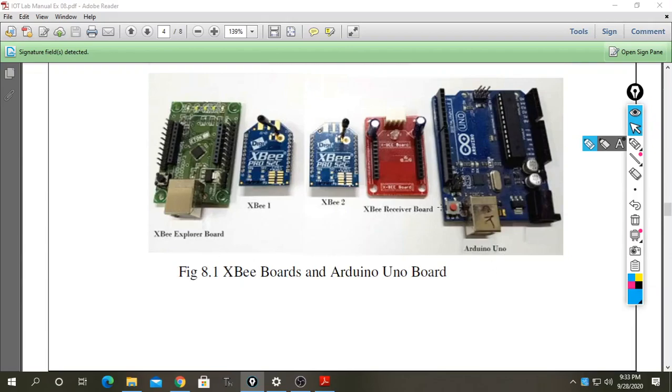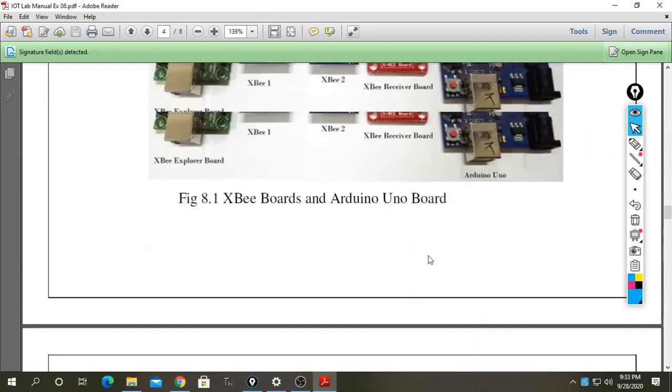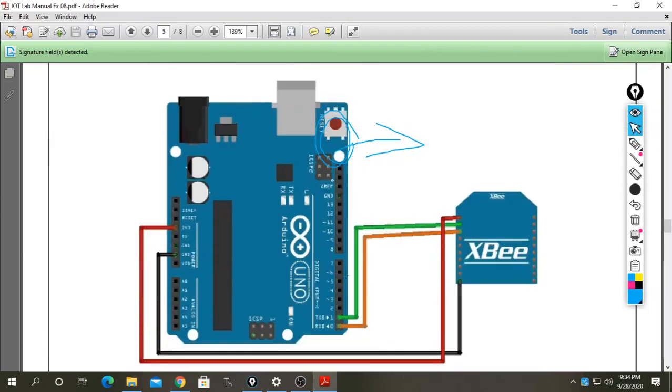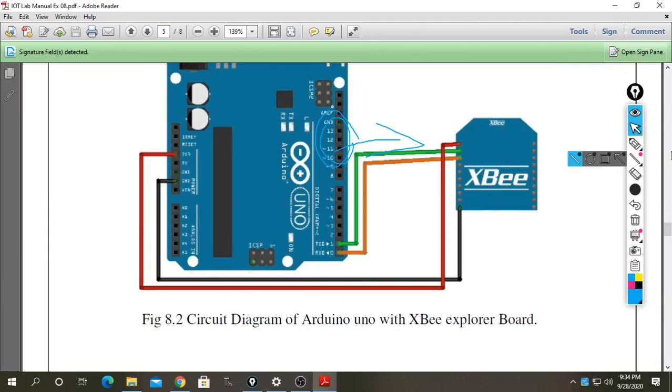I first implement the XBee2 over this, then connect this XBee receiver board in this manner.